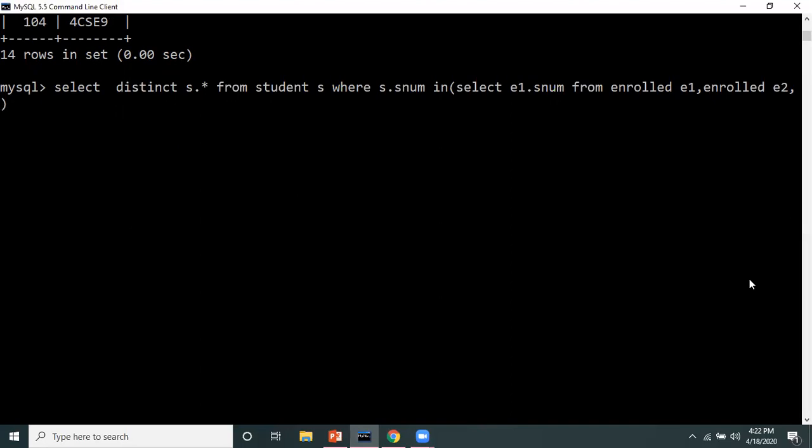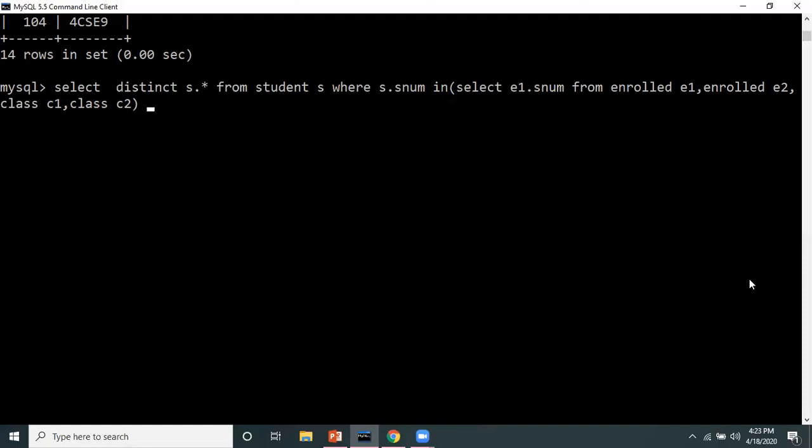Then we have to find out the class, right? So I have to use class table also. So I'm using class as C1 and class as C2. So here we are doing the self joins: enrolled E1, E2, class C1, C2. There will be a join for all these tables. And now let's put the conditions.